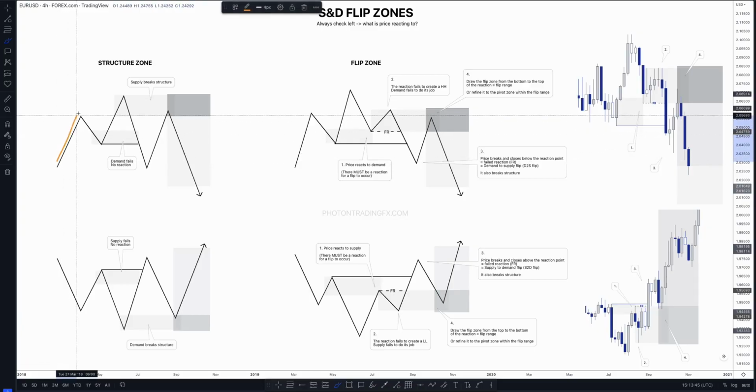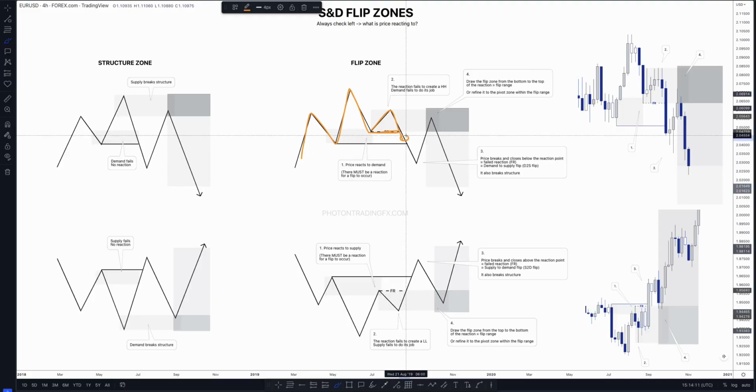So here, again, this is what we've been looking at so far, just zones that lead to a break of structure. There's no reaction there, so we look for price to come up. This is exactly the same, except there's a reaction in this area. So higher high, higher low, higher high, price comes into demand. If demand's going to do its job, then it should make a higher high. But if it fails to break this high, and then as soon as price closes below the start of the reaction, so the FR line, the failed reaction line,